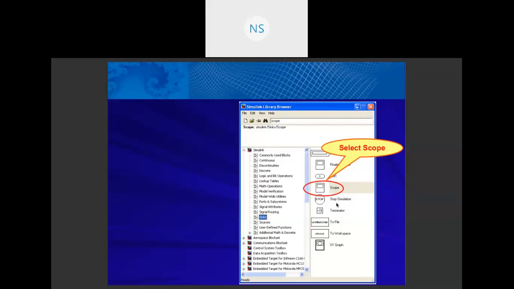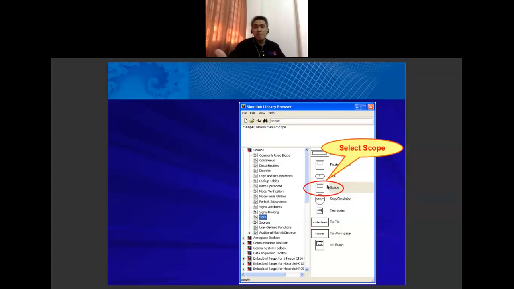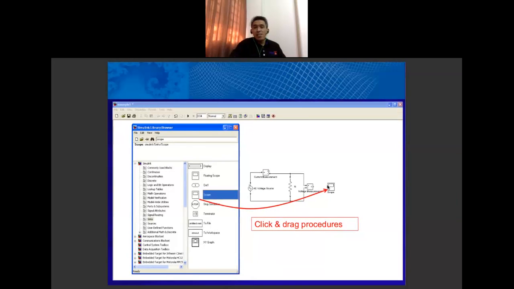For this example, you select scope and just perform the click and drag procedure. For example, we want to observe the voltage and current waveforms, so we need two scopes. Just click and drag the scope, or you can copy and paste the scope into the Simulink window.